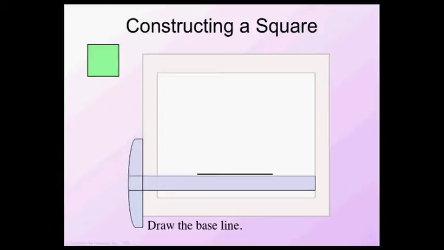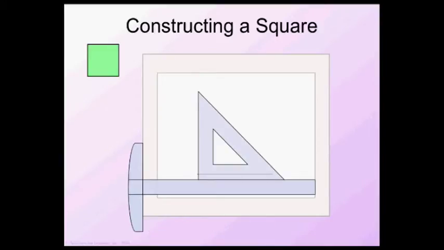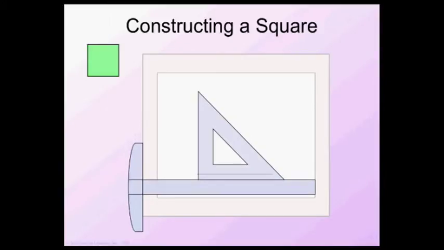All right, let's start by constructing a square. We're going to draw our baseline using our T-square. Move the T-square down and put on our triangle. The reason that we move it down is notice how easy it is to see where this starting point is. If I had the T-square up against the line, it's harder to see that. You can't get quite as precise. If you move it down, it's easier to see that's the end of that line or the starting point of your next line. So we're going to draw our sides,